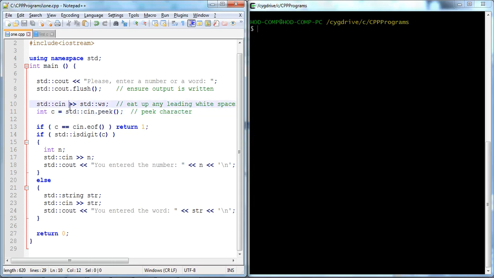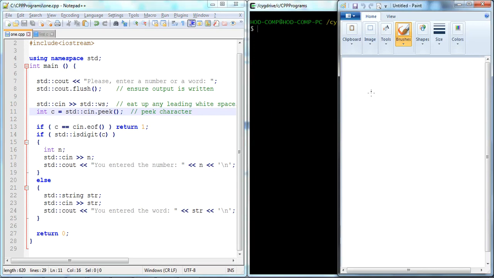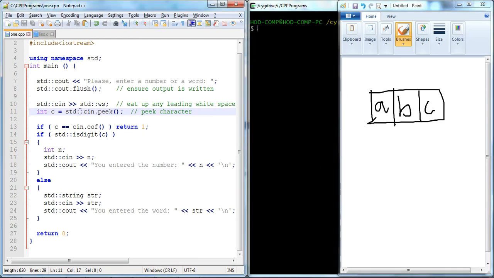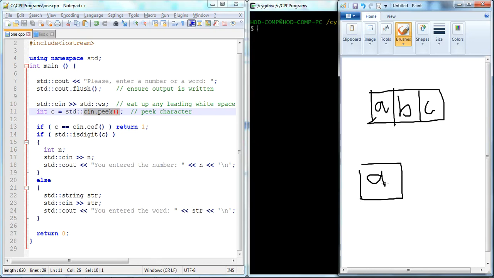Now next, in peek, what actually happens is that it copies the input to the stream buffer. This is the stream buffer. If we put A, B, C, then the cin.peek copies the A into the C variable, which is an integer variable, and the pointer points to the initial position of the buffer.